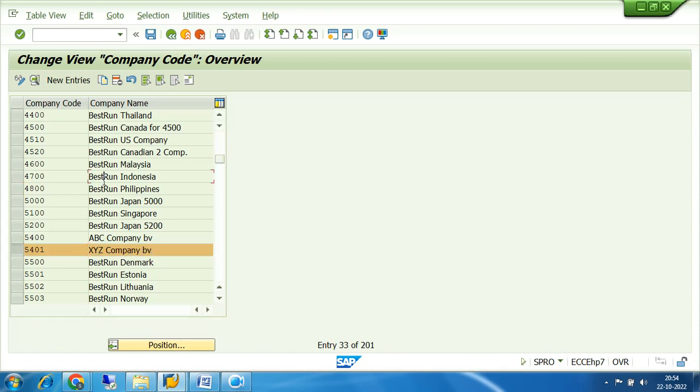But the company codes which are already created, how do we distinguish? Because the word Bestron is beside the name of that. Okay, Bestron Malaysia. That means this company code is created as a model company code which can be used in Malaysia, Indonesia, Philippines. So there are also model company codes